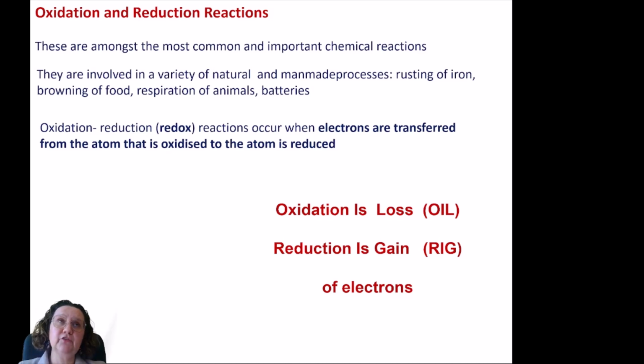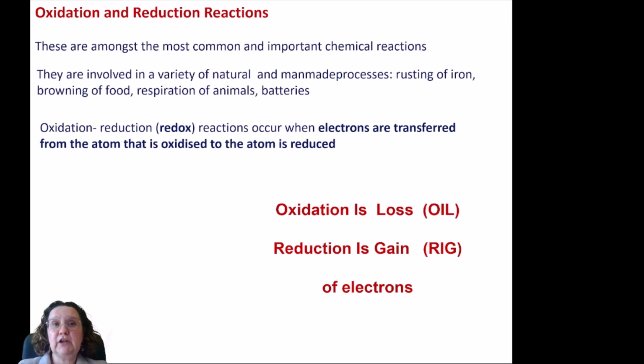That's why it's very common in the English language that people talk about OIL RIG. Oxidation is loss of electrons, reduction is gain of electrons. And again, oxidation and reduction must happen together. For a compound to gain electrons, it must be in contact with another compound that will lose the electrons. So as in acid-base reactions, in which you cannot have something acting as an acid without a base accepting those hydrogen ions,